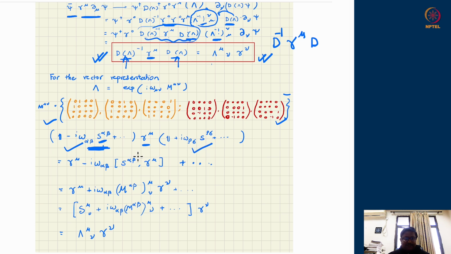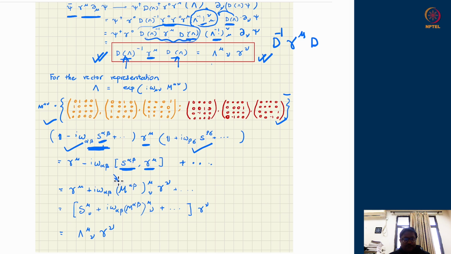Do this algebra. This is a fairly straightforward algebra. Use the anti-symmetric properties. You will see that the quantities which will be appearing in this will be the S mu nu matrix and gamma nu matrix. Commutator will appear as the first term. Now, here is the crucial identity, which is an exercise for you to prove: S alpha beta and gamma mu, these are 2 different matrices. Gamma nu is the nth matrix of the 4 gammas. S alpha beta is one of the generators, S01, S02, S03, or S12, S23, S31, one of these.